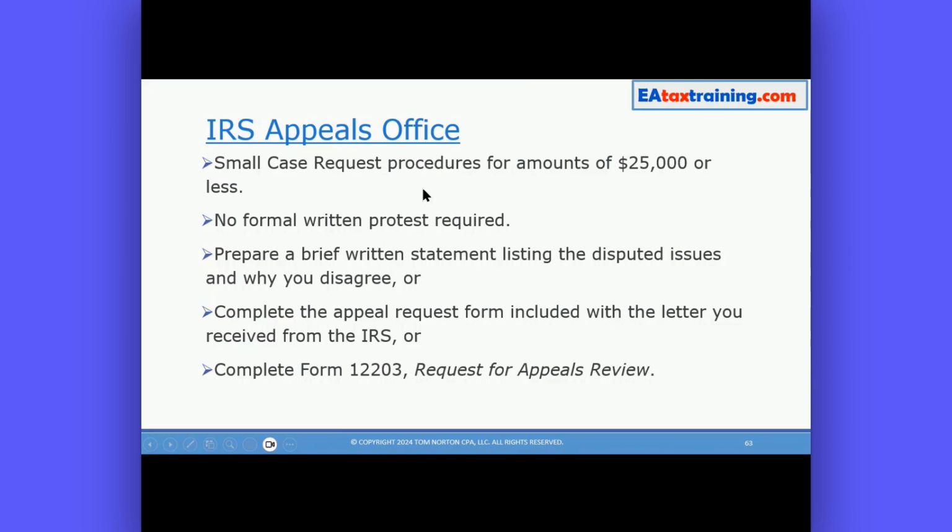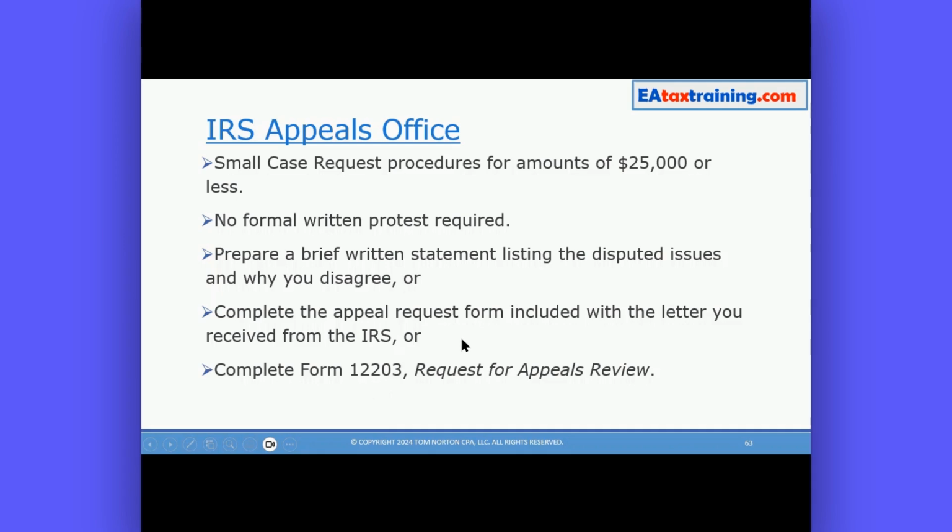If you've got a small case, which is defined as $25,000 or less that is due, then there are simplified procedures. You don't have to have a formal written protest. You can just prepare a brief written statement with all the disputed issues, why you disagree. You'd still want to put in there any support you have. You can complete this appeal on a form that's included with the letter you received from the IRS, or you can complete this form